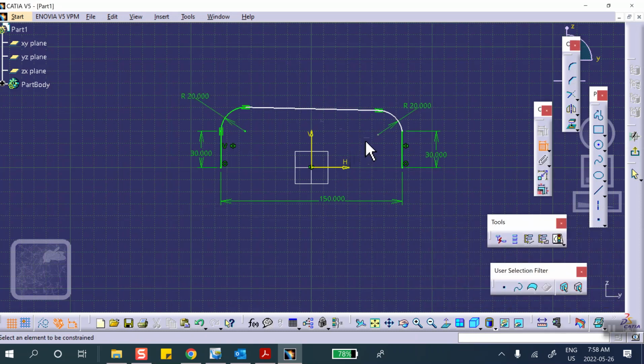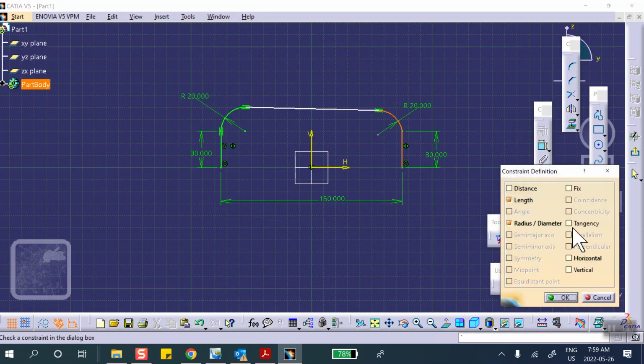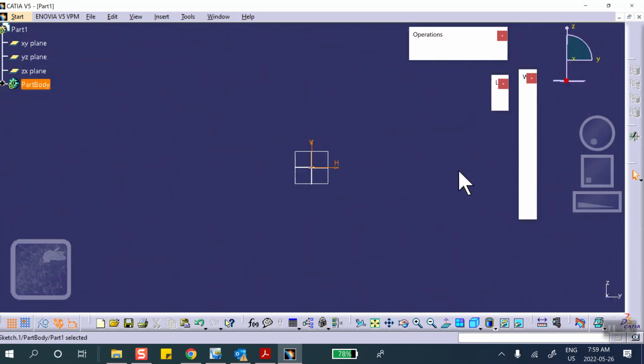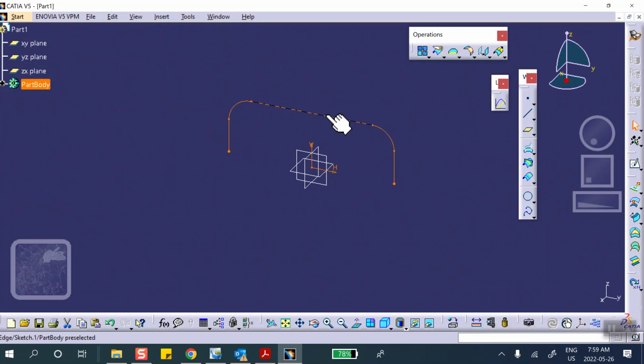Okay. Now these two have to be tangent to each other. These two have to be tangent to each other. So that line, let's do this. This curve, control that line, we make them tangent to each other. Good. Exit. Now I'm going to create a solid object out of that because my plan is to extract the surfaces,